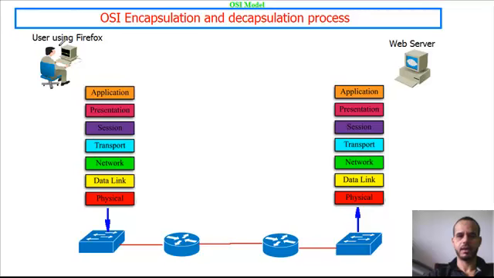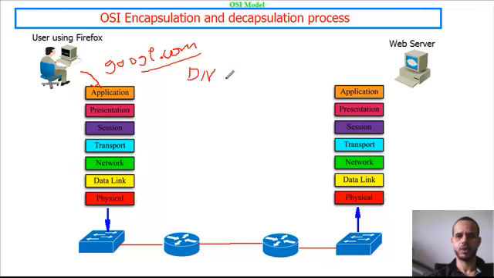We have a user using a web browser, let's say Firefox in this case. Okay, he wants to reach this server. So the first thing that happens actually is the user here types, like for example, google.com, on his web browser. Google.com. Okay, and the first thing that happens is there is what is called a